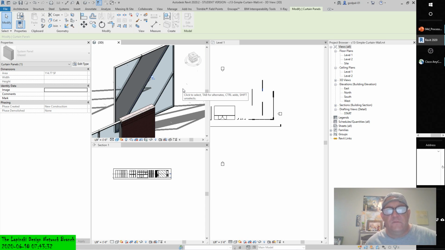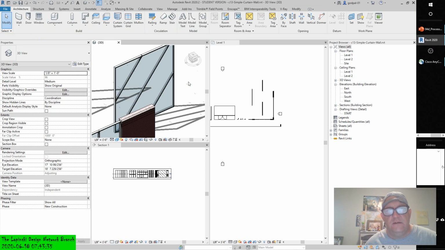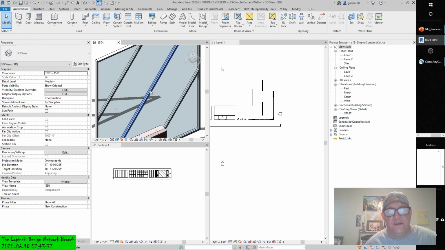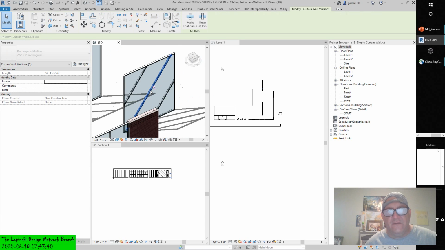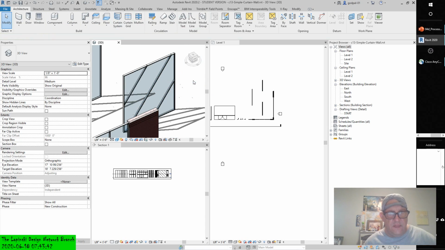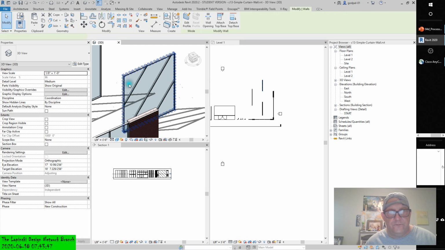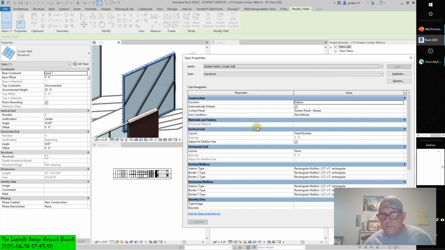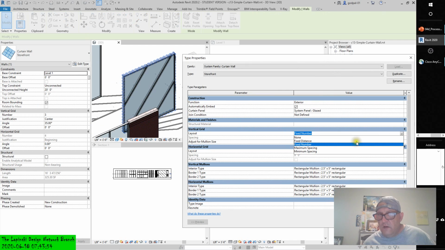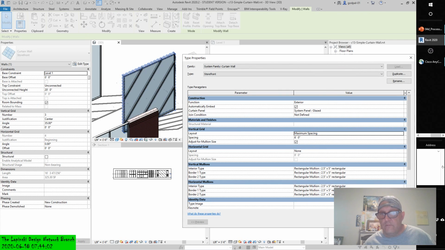And eye candy and eye source are what dictate your traffic. So, again, that particular wall, if I can select a wall system, curtain wall, that type had a fixed number. So we're talking about maximum spacing, minimum spacing. If you give it a maximum spacing of 6 feet, that's the max. If you give it a minimum spacing of 6 feet,